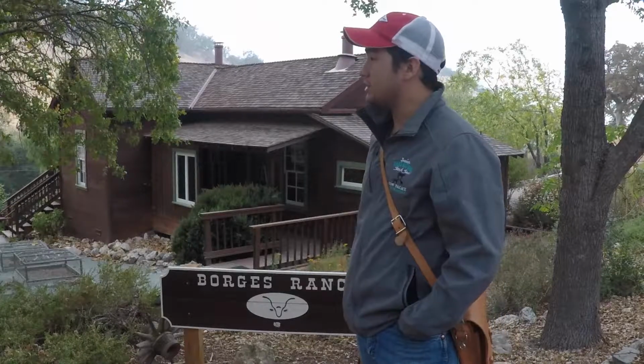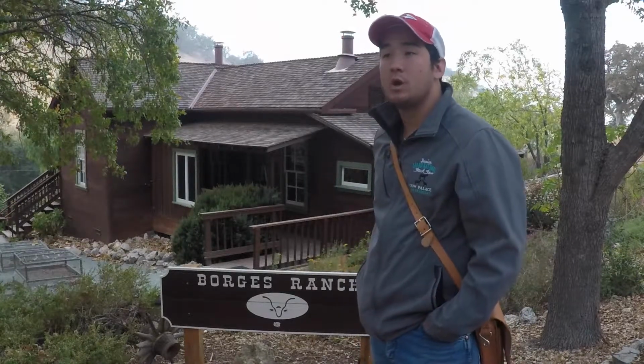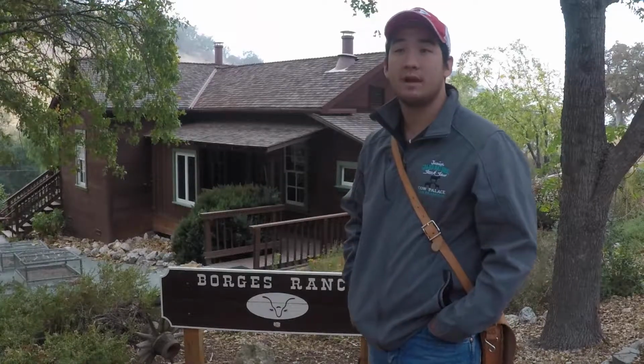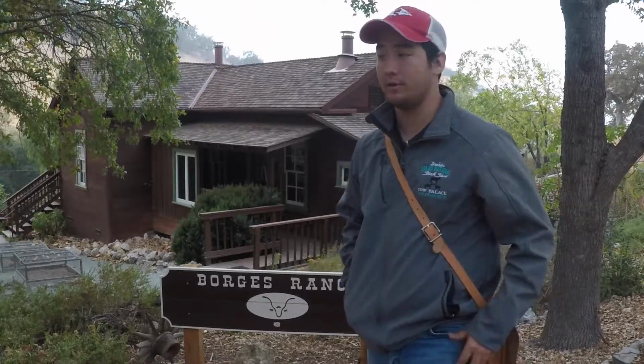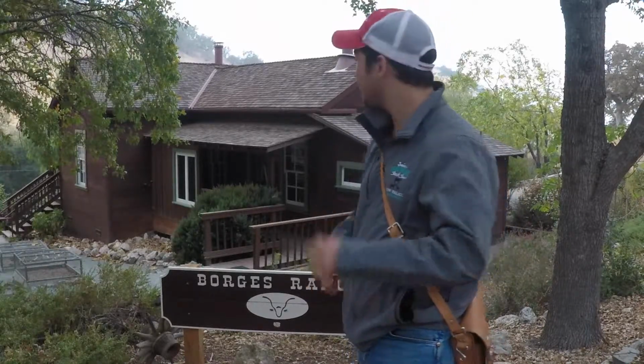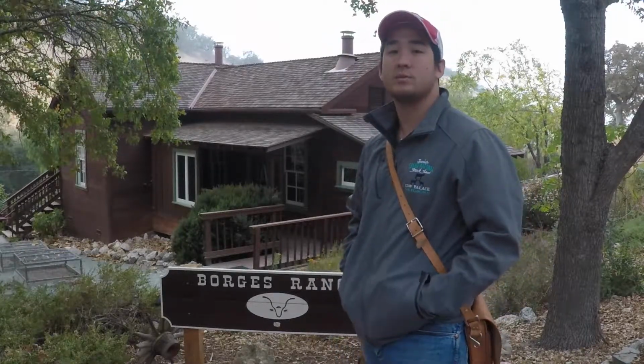Behind me is the old Borges Ranch house, which is where we're going to be starting our tour. What I hope to teach you guys today is how the family was able to survive out here, not in a town, but up in the hills right by Mount Diablo. The way they did this is by three main ways. They made their own materials, they raised their own animals for food and for clothing, as well as they operated a cattle ranch, which is what this area is still currently used for today. So let's go look around the house and see how they grew their own food, materials, as well as operating